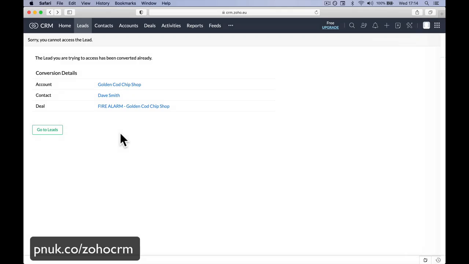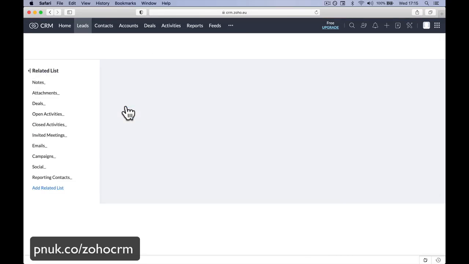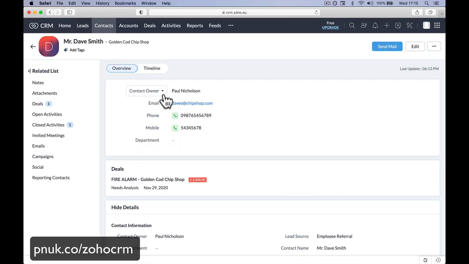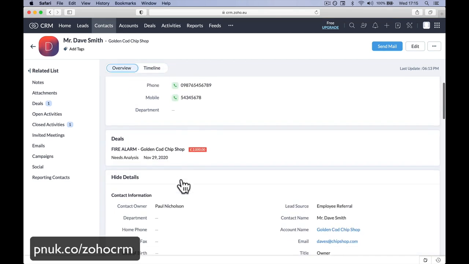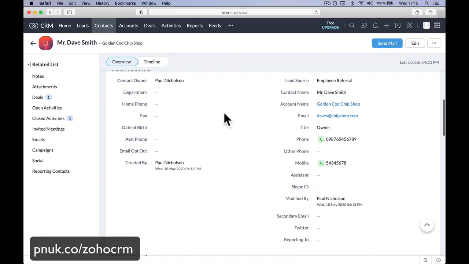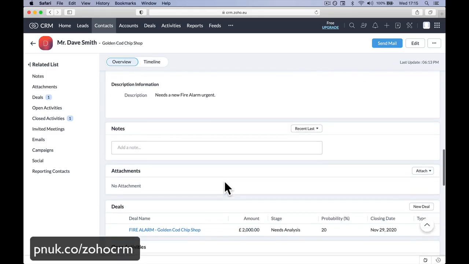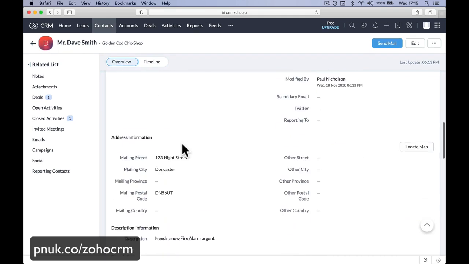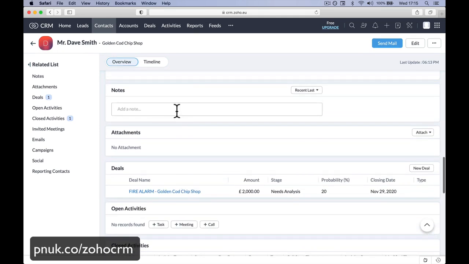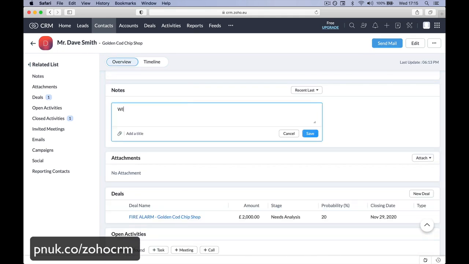So let's just jump in and have a look a little bit more at the contact and the contact information of that person. So we can see now the timeline of anything that's happened between me and this person. A general overview, fire alarm, contact information, date of birth. Depends what you need to know, right? What I really like is on the call or on any interaction, going to the notes and saying,